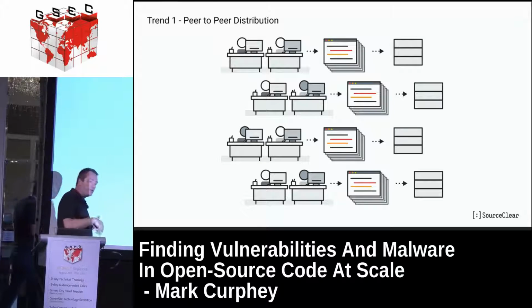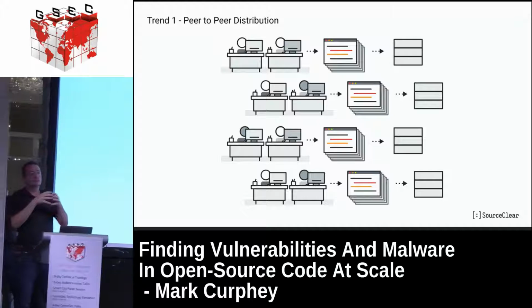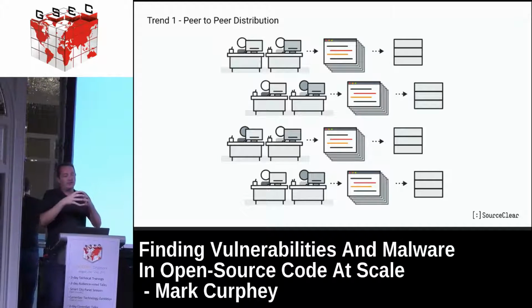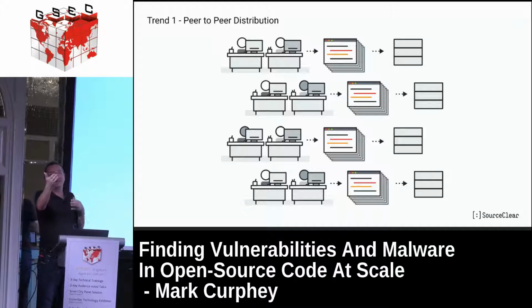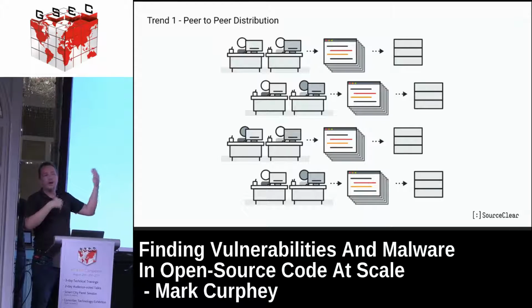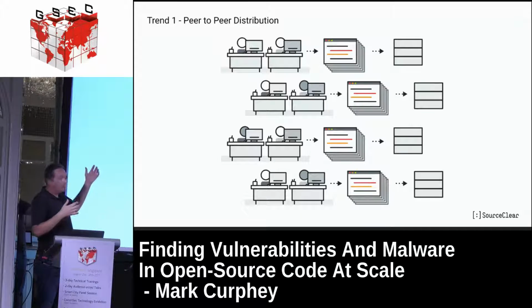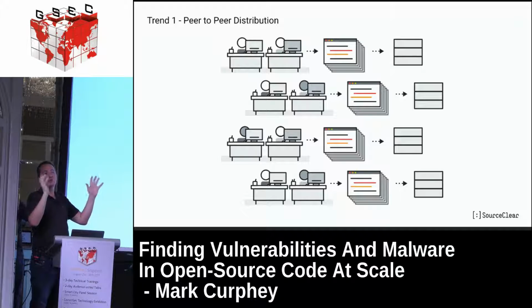The first is that people are no longer using centralized distribution systems. Think of that centralized distribution system as basically being like the Google Play Store, the Apple App Store. What's happening, particularly with languages like Go, which is really taking off, supported by Google, is the developer pushes into his code repo, and then everyone who wants to consume just pulls it directly from there. There's no centralized system. So instead of having a couple of centralized distribution points, like a couple of app stores, everyone is now pulling from the individual ones.